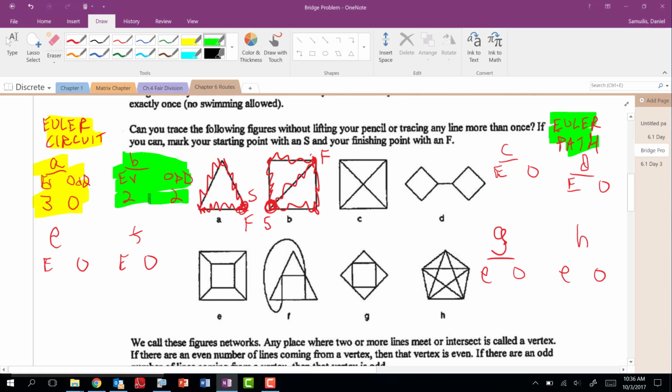Next one. What are the even degrees? How many even degrees do I have? Uh-oh. Drawing C. Even degrees, 1. How many odd degrees? 4. And again, you are 2 days behind if you don't know what an odd degree is and an even. There's 3 edges coming from that corner, so that's odd. Odd, odd, and odd. Were you able to use every edge exactly once?